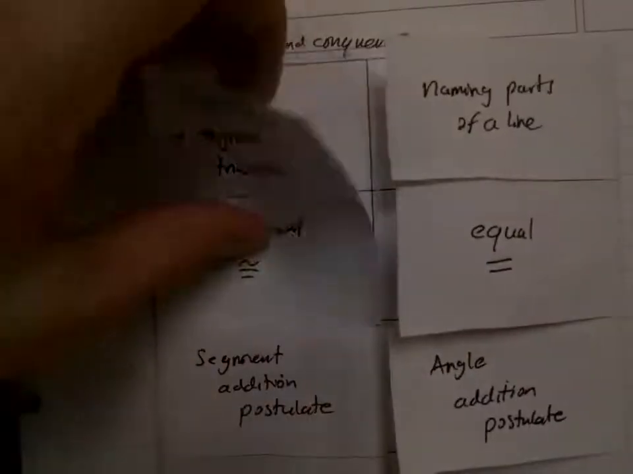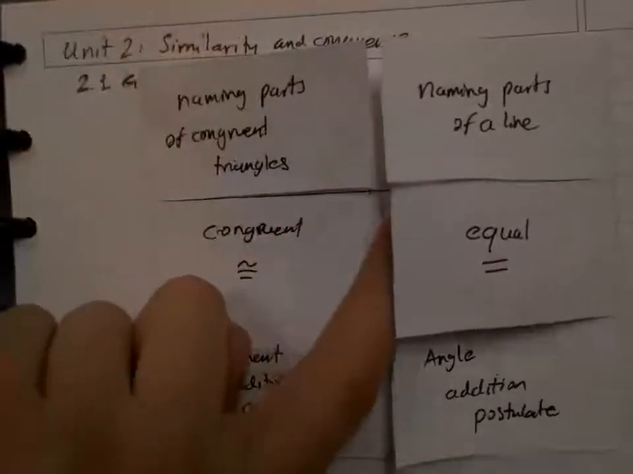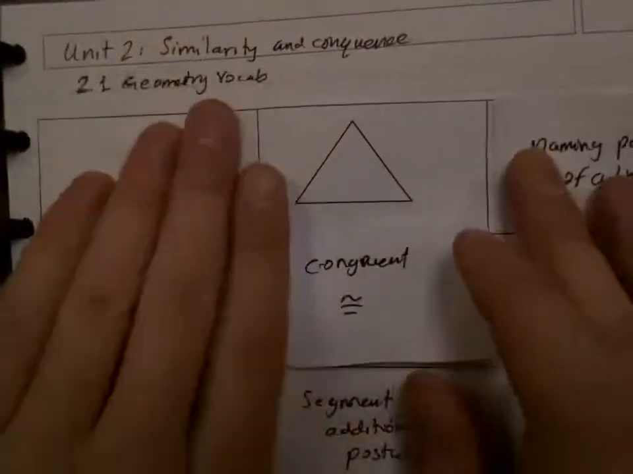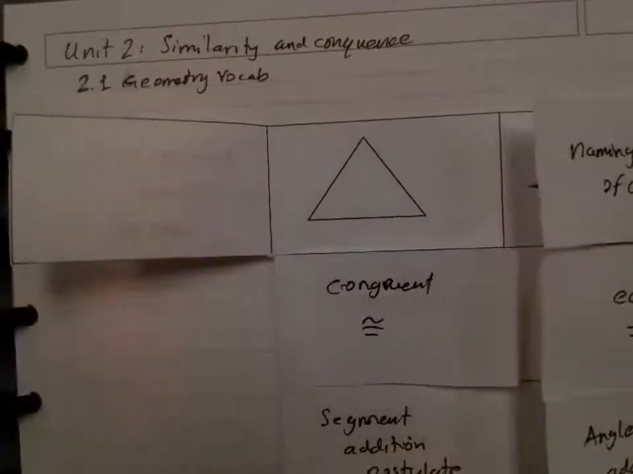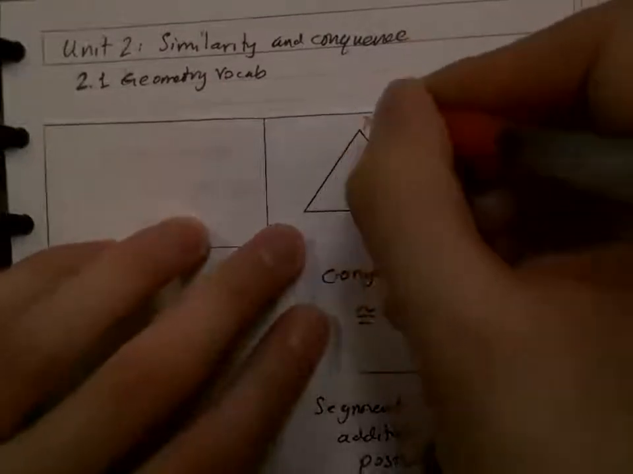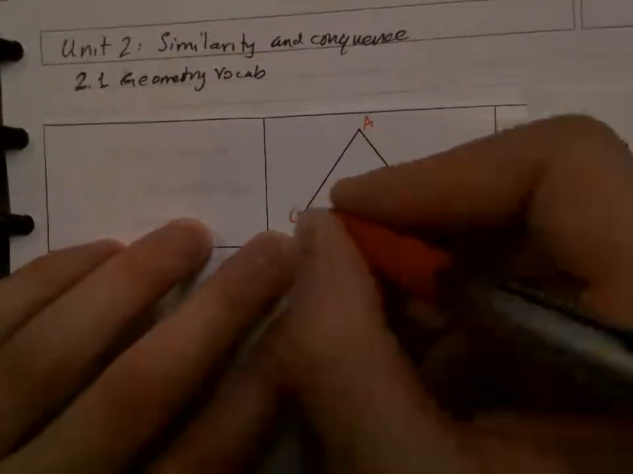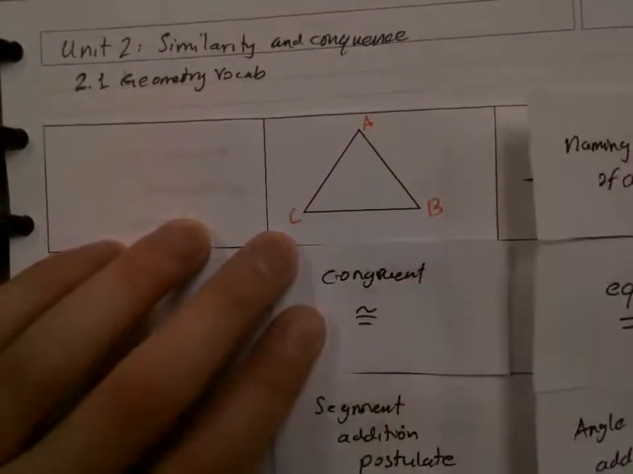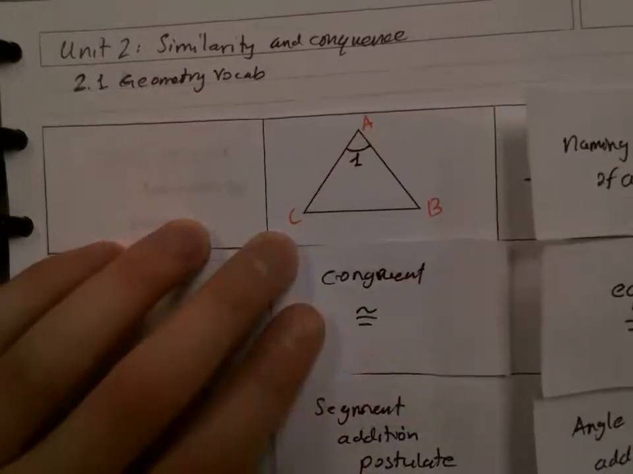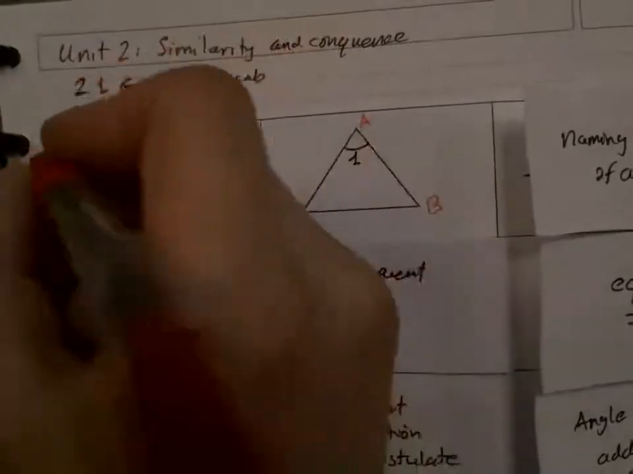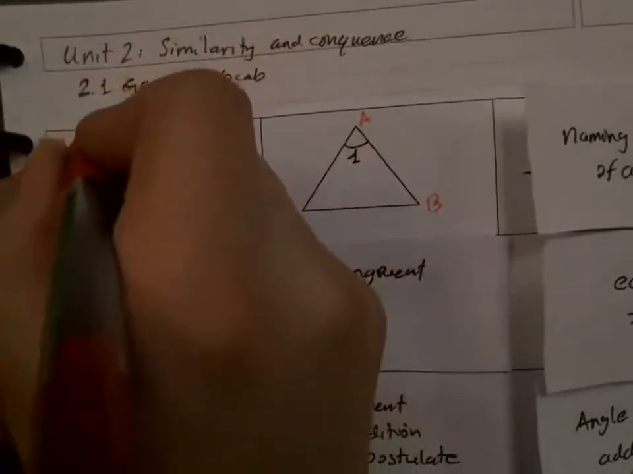All right, so let's start off with the first one, naming parts of congruent triangles. Okay. Now, we have a triangle over here. It's blank, but we're going to fill it in. We're going to call this angle point A, C, and B. We're going to call this angle 1. Okay. So we name this as triangle ABC